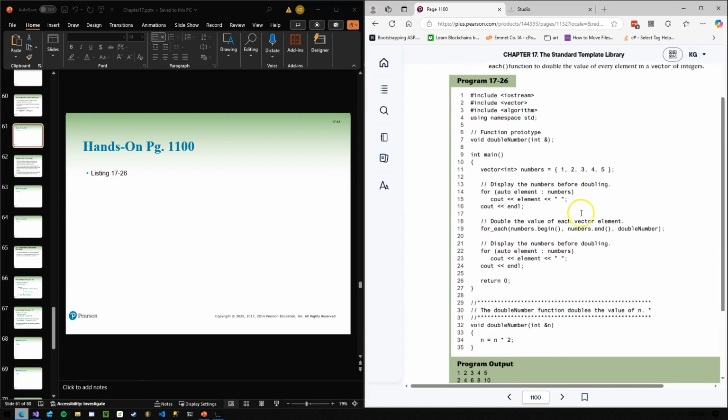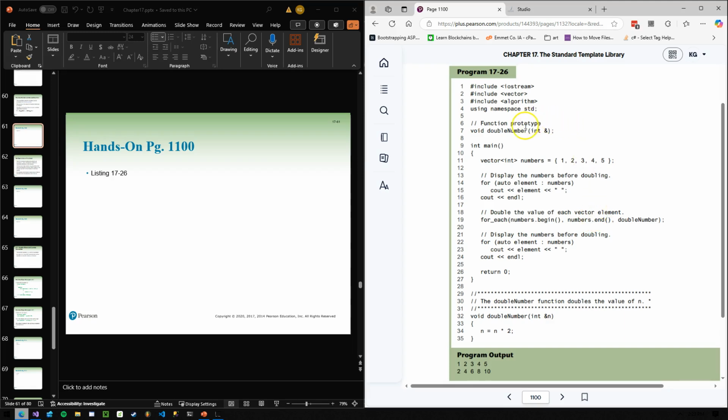Yeah, the for_each function. Okay. So here we've got a function prototype called doubleNumber. Nothing much going on in there other than taking the number passed in, multiplying it by 2. We've got a vector of numbers. We're going to display them before doubling. Then we're going to say for_each